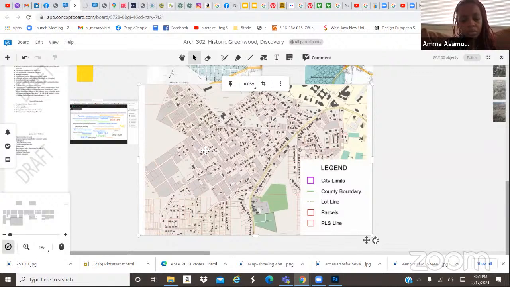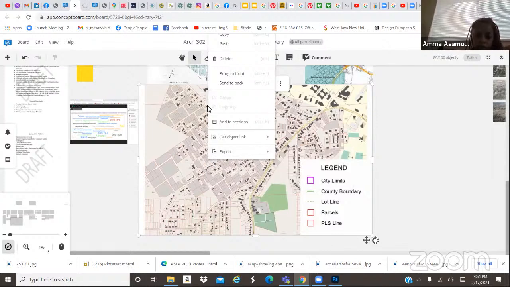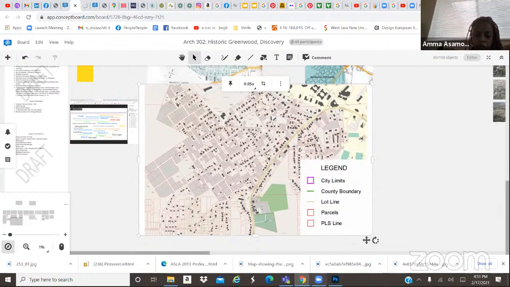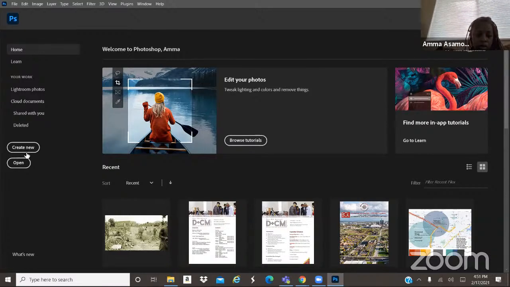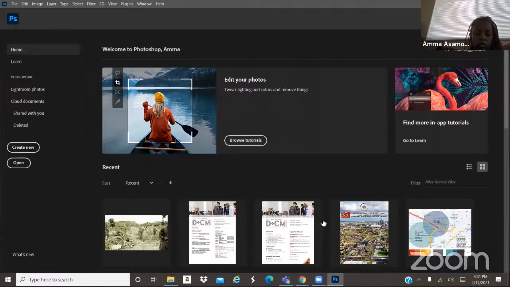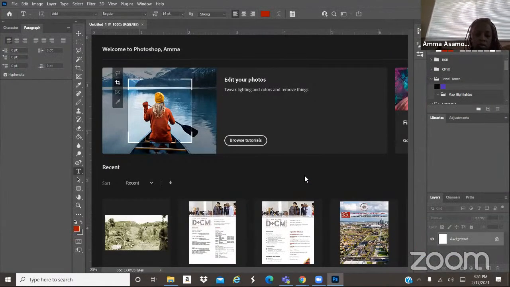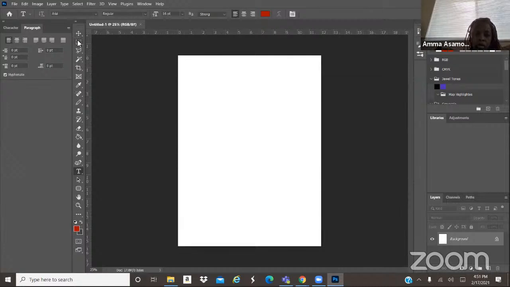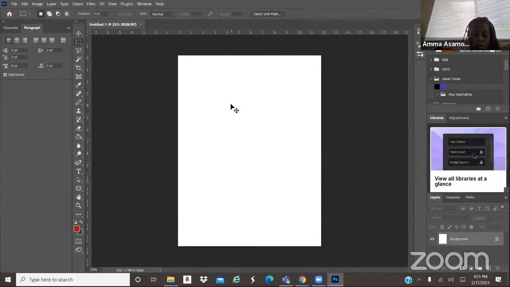Control C. See if this will work. Copy paste it. Sometimes it does, sometimes it doesn't. Create new custom. Create. Let's see what happens. Nothing. That's frustrating. All right, so once I figure out how to get that map out of there, what